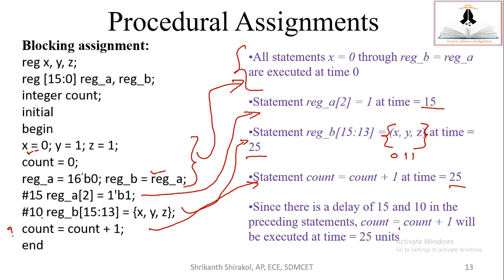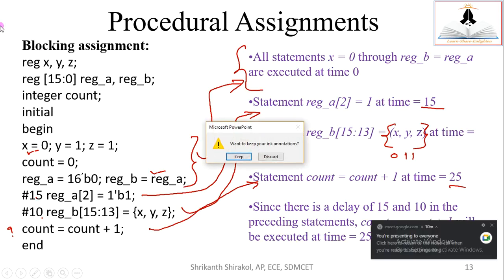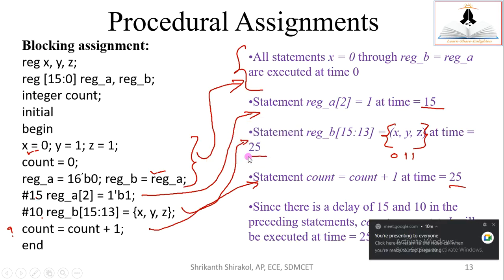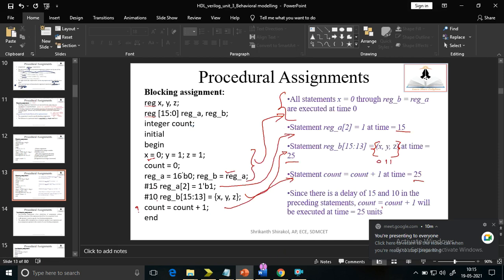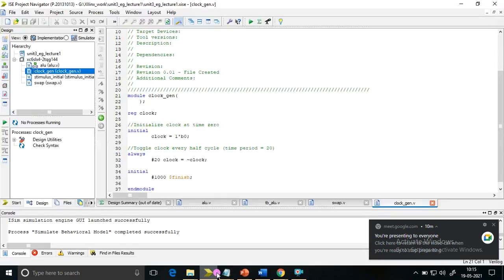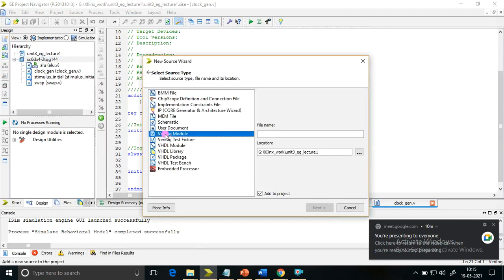Before we proceed with the non-blocking assignment statement, I want to take you to the Xilinx environment to understand the working that has just been discussed. I'll take the Xilinx environment and choose new source, Verilog module.